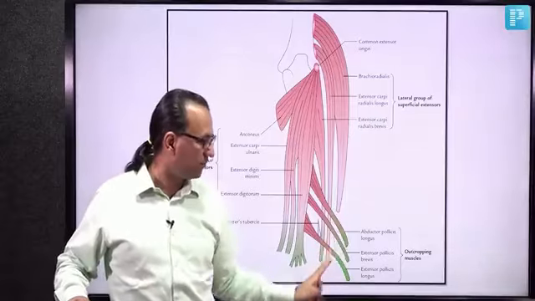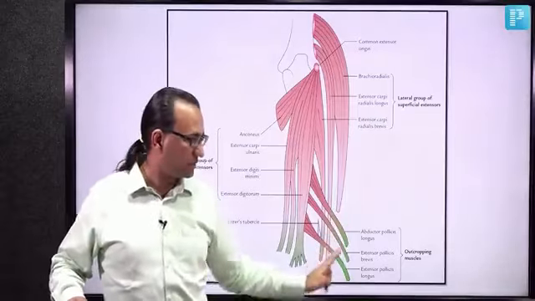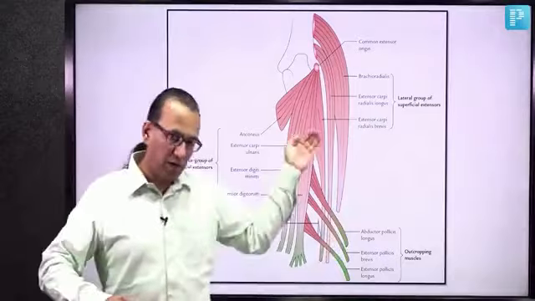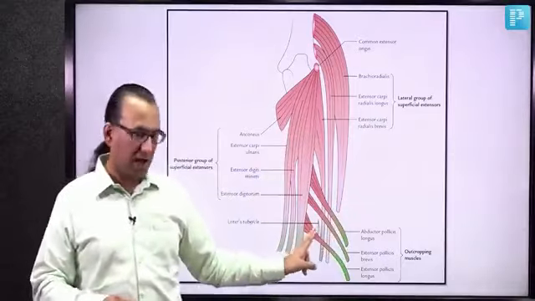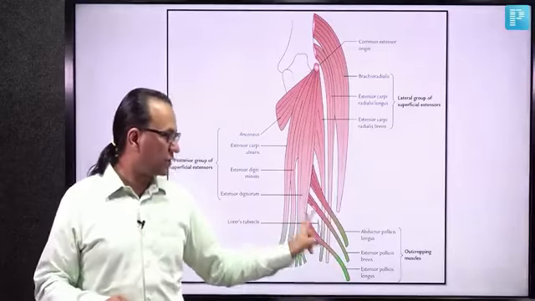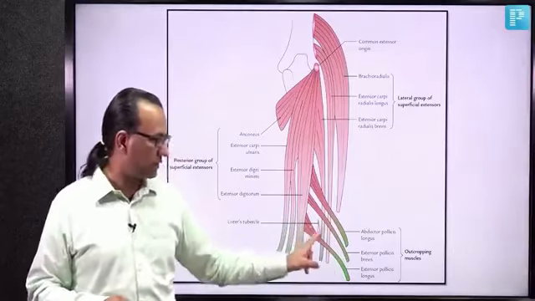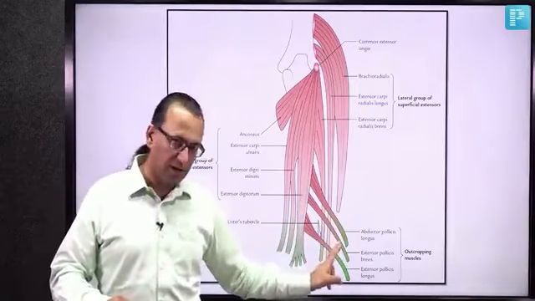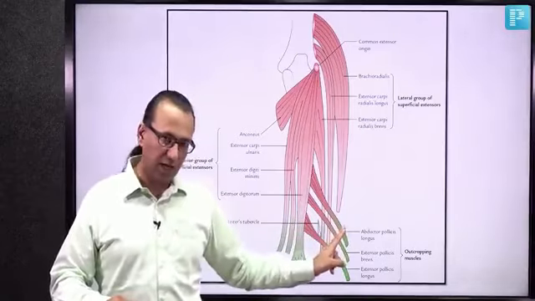They are the ones which will be forming the boundaries of the anatomical snuffbox. Understand that at the lower end of the radius bone there is the Lister tubercle, and the extensor pollicis longus is coming medial to that, and the extensor pollicis brevis is coming lateral to that. As the extensor pollicis brevis comes lateral, it is followed by the abductor pollicis longus, and both of them